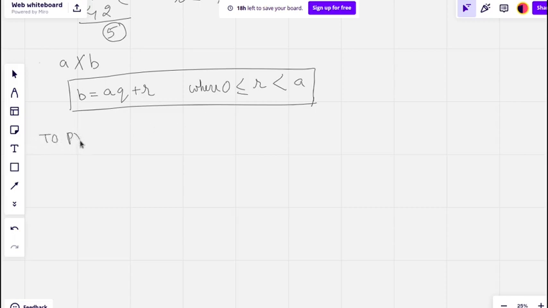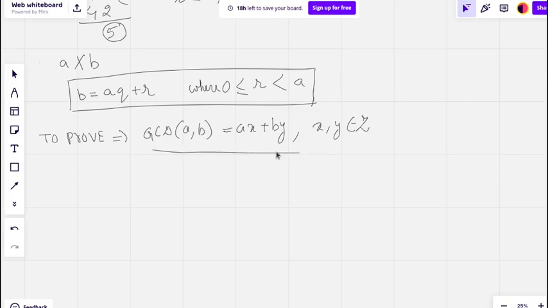So we want to prove GCD of A comma B is AX plus BY, right? And where X and Y belong to the set of integers. Okay, so first let us try to understand what we mean when we say GCD of A comma B is AX plus BY. Well, what we actually mean is that,